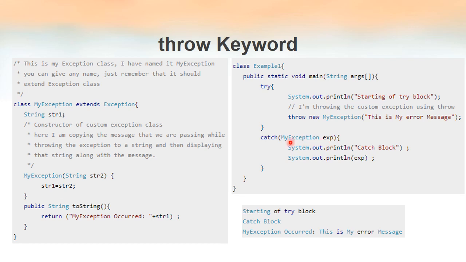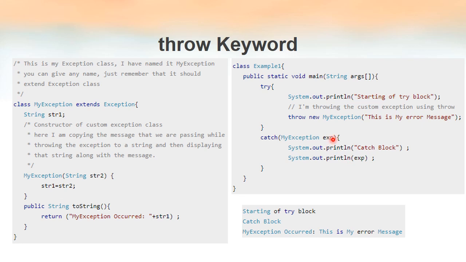So exp is the reference variable of class MyException, and we are including one System.out.println message, that is, we are printing that we are inside the catch block, and this line is what I want to explain. Okay,